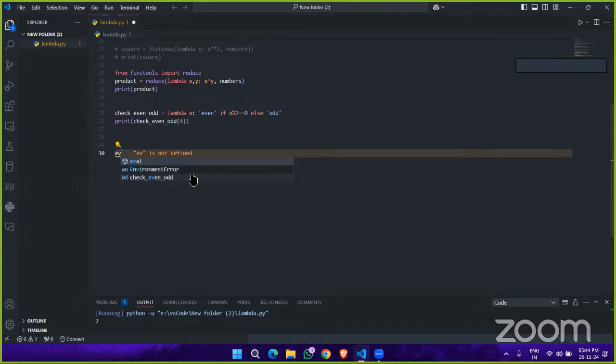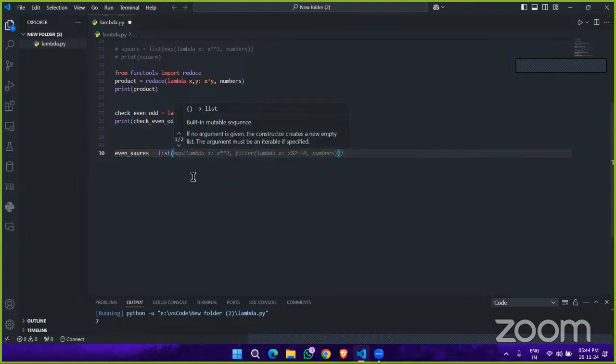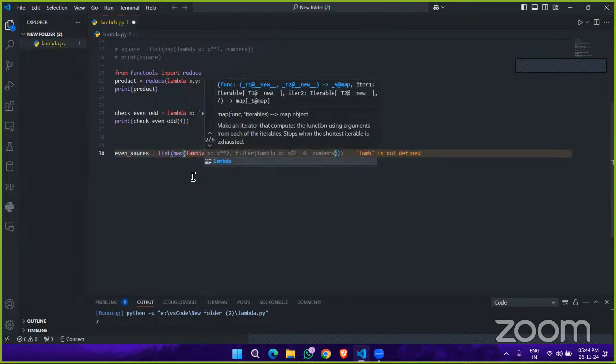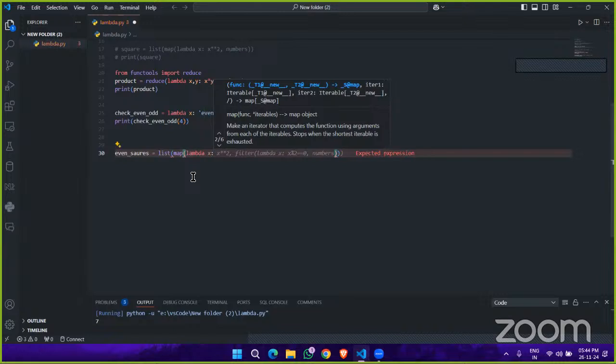Filter is used to filter the even numbers. Even square is equal to list. In this, we will do map. After that, we will write lambda, which is x